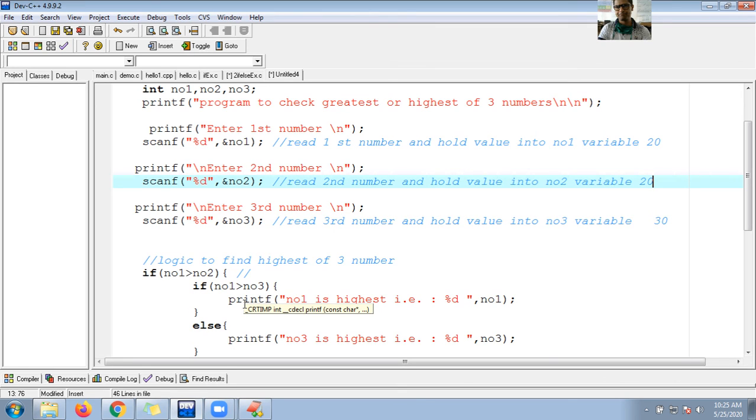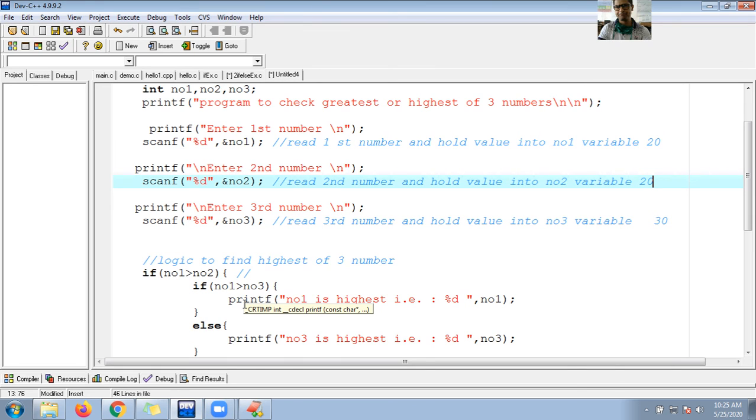If you come here, is 20 greater than 10? True or false? Yes, absolutely true. So control will jump into the first outer if block. What does the outer if block contain? One more if else. So control comes here.